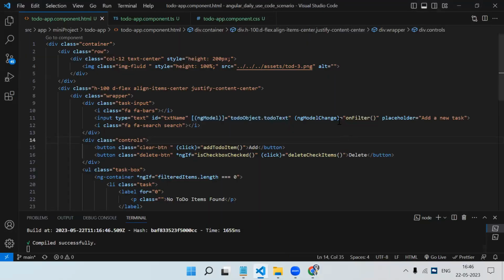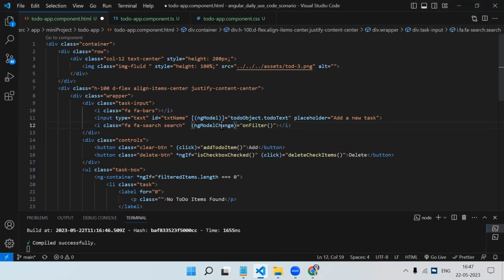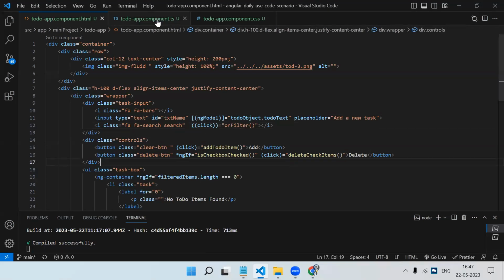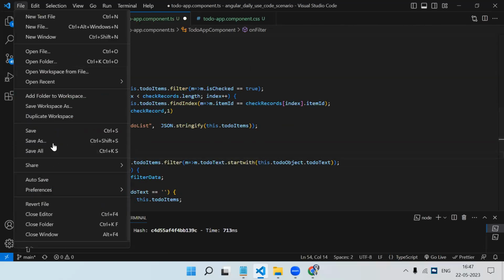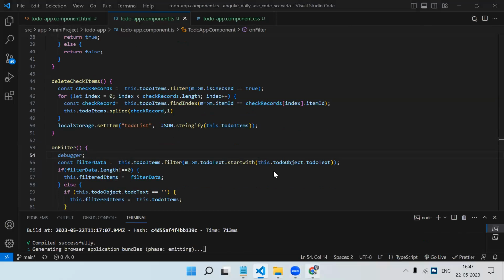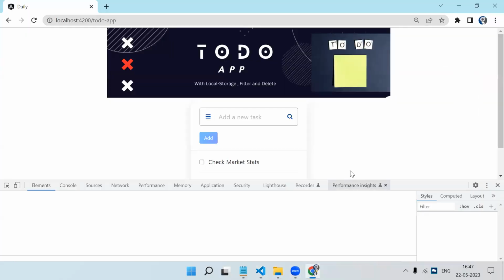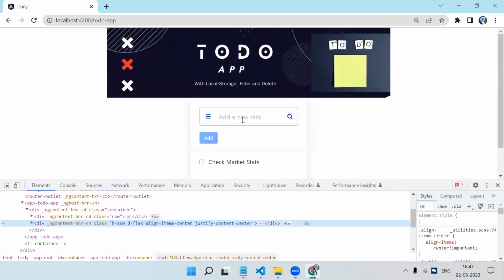So we have a search icon. So let's, on click of it, let's debug. It might not be working properly. So let's debug. File, save all. Right, so if I have meeting typed, and if I click on search,